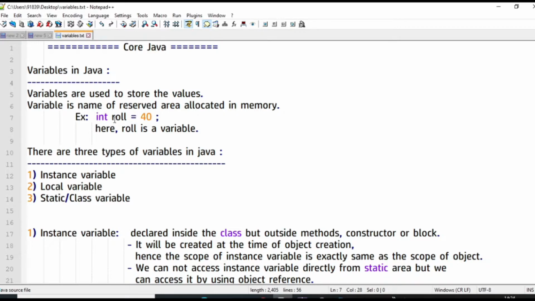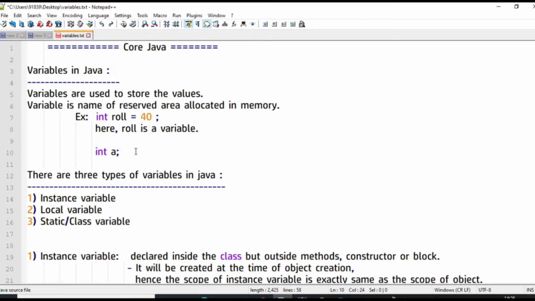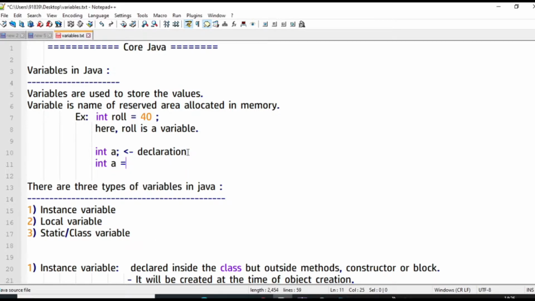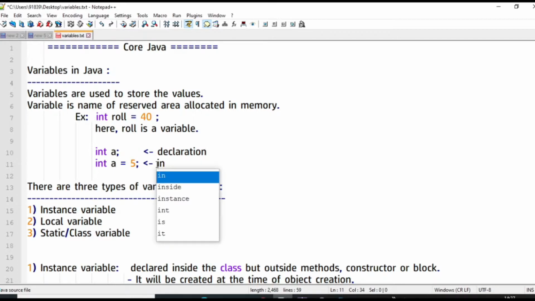In my previous video we have already discussed data types, and how much memory is allocated by which type of data type, right? So this is the variable declaration. This is initialization, right? So this is how we declare and initialize a variable in Java. Now we have understood about variables, how to declare and initialize them, and how much memory they allocate based on the data type which we have used.